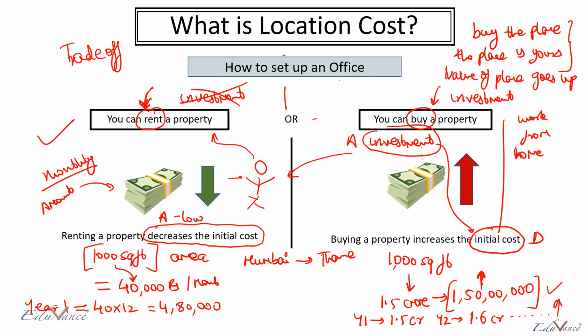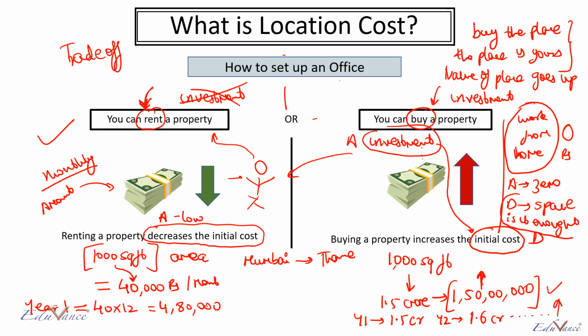Now let us say you have absolutely no money to start an office. Well, then you can set up a small office at your home. The advantage is that it will cost zero money to start. However, the disadvantage is, depending on the space of your home, you will have to check, is it enough to start a company? So again, you can start your company from home. It will cost you 0 rupees in rent, but you will have to check if this space is enough or not. Again, my friends, as I said, this is a trade-off.